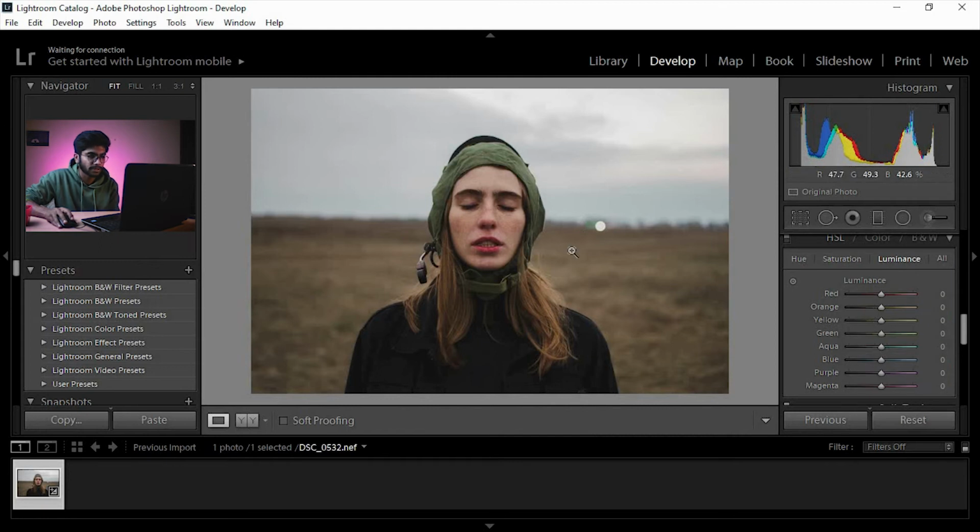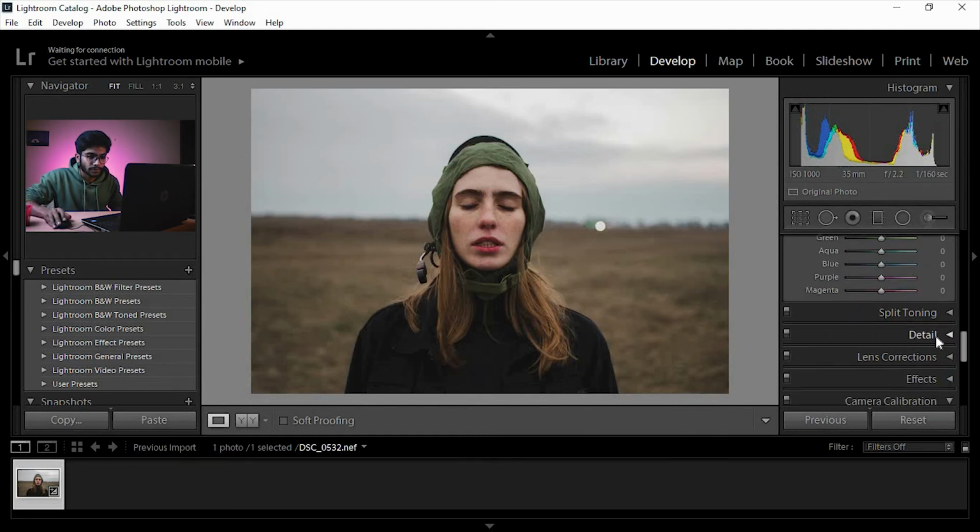Now let's go to luminance, and we really want to give a pop to her face, and that's why we are going to increase orange, you can see, and we are not going to go for much. Plus 15 I guess will be okay. And if we decrease yellow, it will decrease some of the background. Let's decrease it a bit, minus 35ish will be okay.